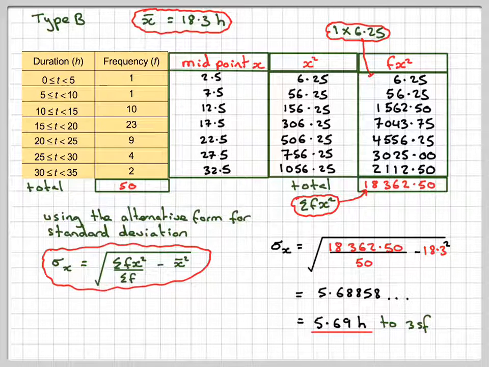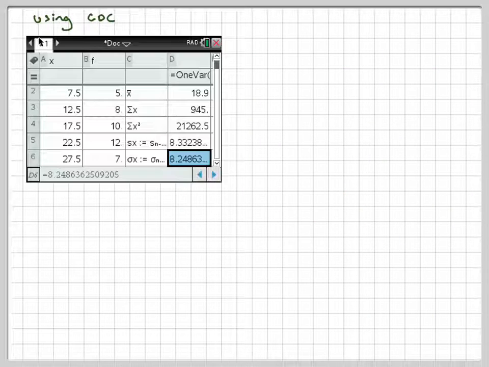Okay, so you could label type A as the longer lasting battery, and then you could label type B as the more reliable battery because its spread is less than the first one. This is how it works. Now, of course, this can be done using the GDC. So going to the GDC,